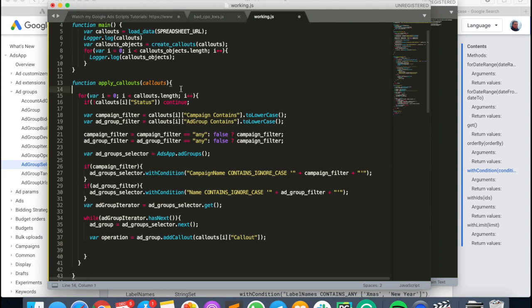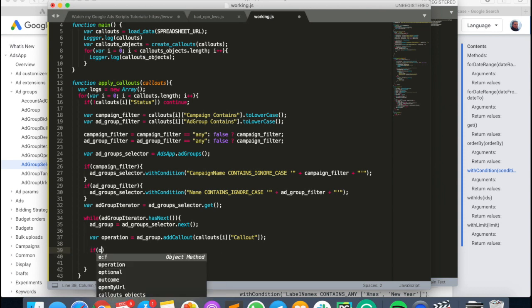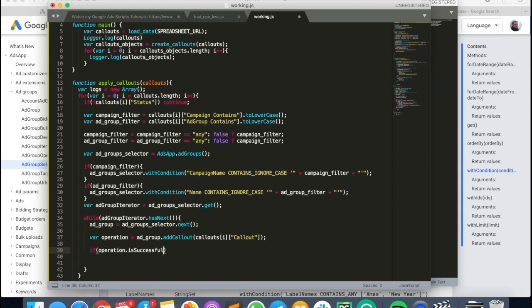So I want to save the results. I'm going to create a new variable on the very top. It's going to be logs equals new array, and then I use these logs and I want to push there the result. So if the operation is successful,